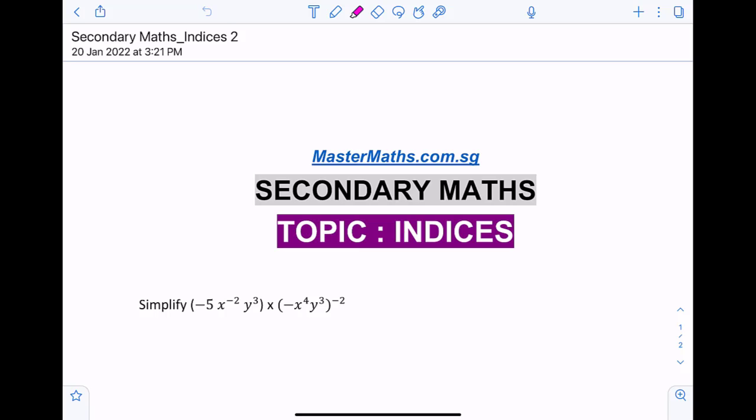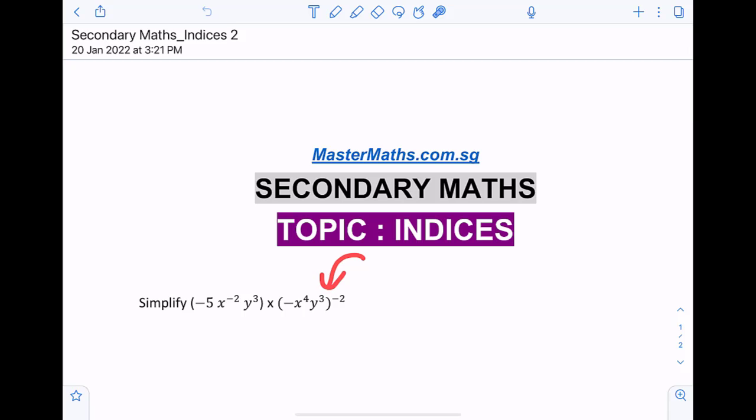Simplify negative 5x to the power negative 2y cubed times negative x to the power 4y cubed, all to the power of negative 2. This is actually an indices question. So first step, we deal with the bracket, the powers first. Negative 5x to the power negative 2y cubed, nothing changes there, times